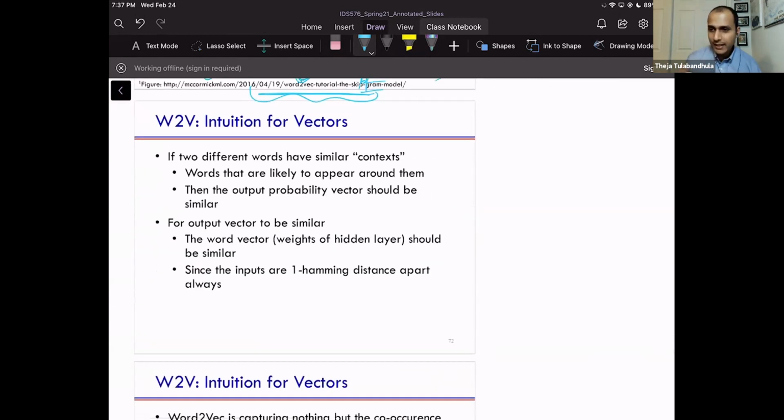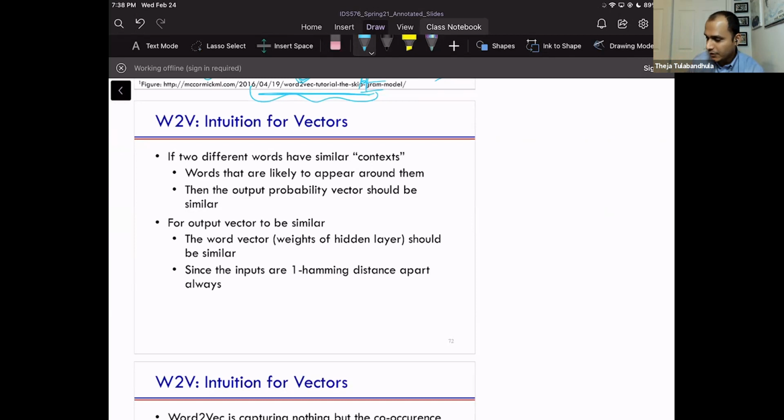And this is probably a key slide, although it's just trying to explain why, again, a repetition. Why would words which have similar context end up with similar vector representations? We just understood the architecture, and we understood that we can interpret the input to hidden weights as word vectors. But why would the word vectors end up being similar if they happen to be in similar contexts? Okay, so we're going to reason that.